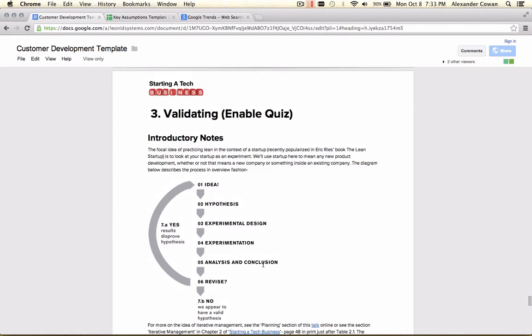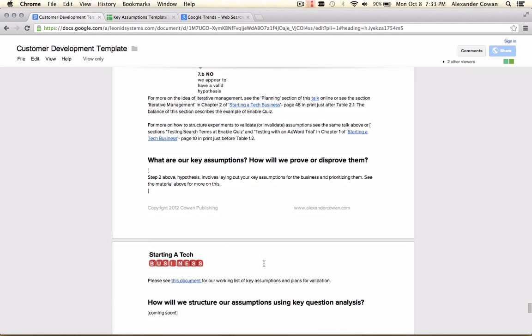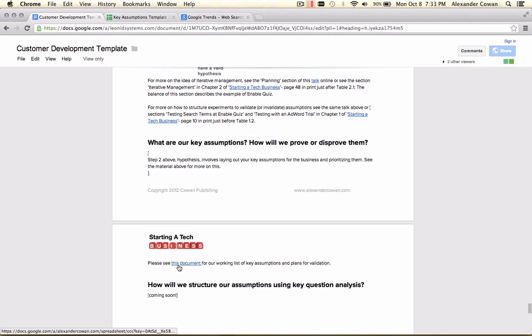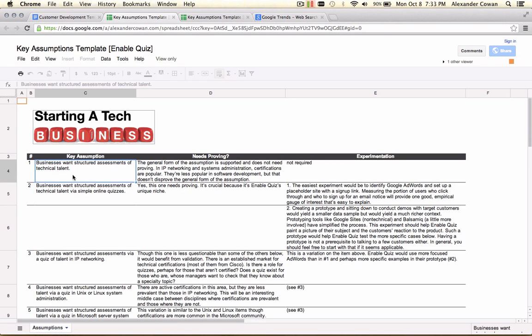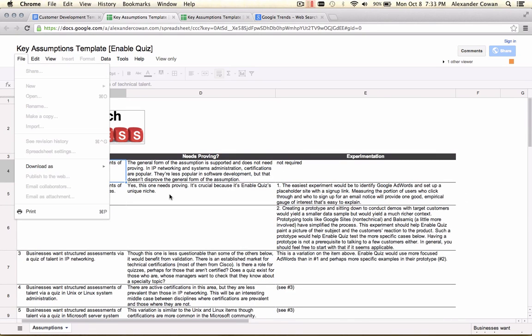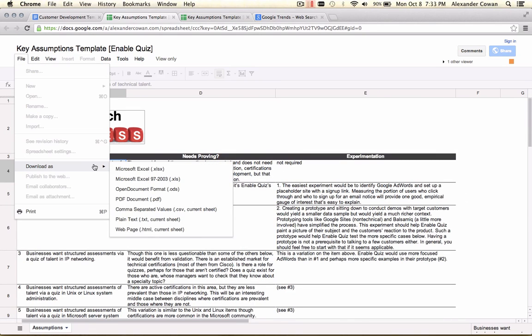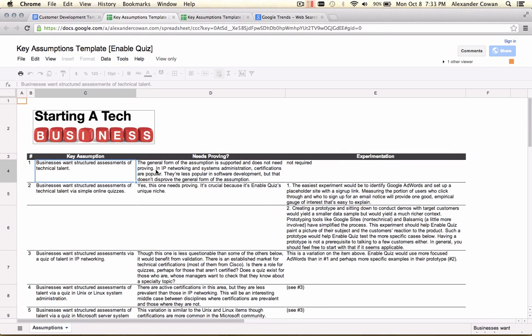Lastly, we've got this idea of validation, figuring out what your key assumptions are, and whether they're actually correct in a provable, disprovable kind of way. There's yet another template here that actually stores all this stuff. It's a Google Apps spreadsheet, and by the same token, you can take this and download it, or you can save it onto your own Google Apps domain. If you're logged into Google Apps, you have Google Apps. Here we see the key